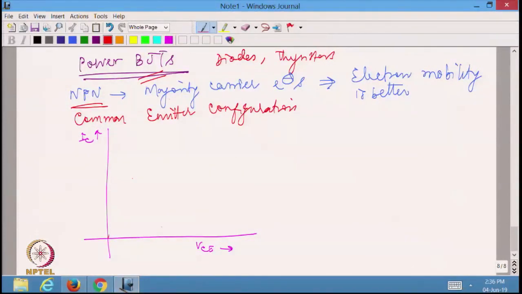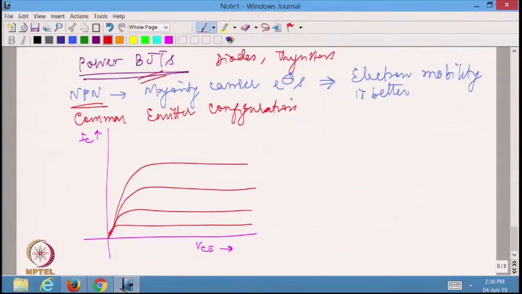So, I will have maybe for a particular base current, this is how it is, for another base current it is going to be like this, another base current it is going to be like this, and so on. This is how it is. So, let me call this IB1, this is corresponding to IB2, this is corresponding to IB3, and so on. Very clearly the collector current is increasing as the current is moving from IB1 to IB4. So, I would have IB1 as the least, then IB2, IB3 and IB4.